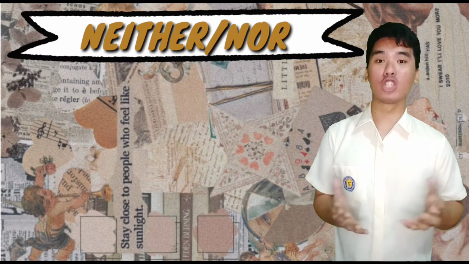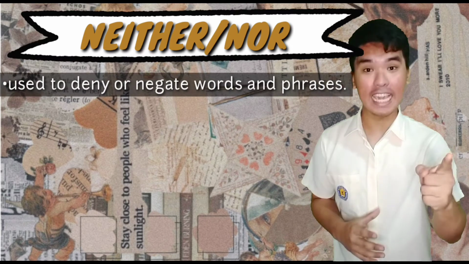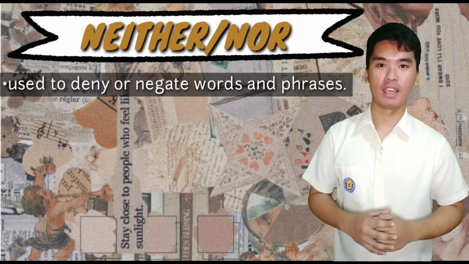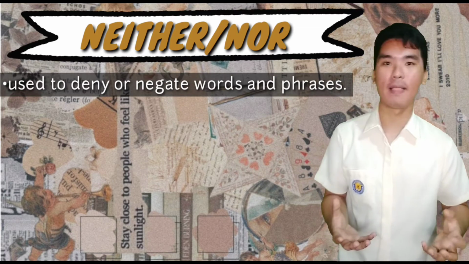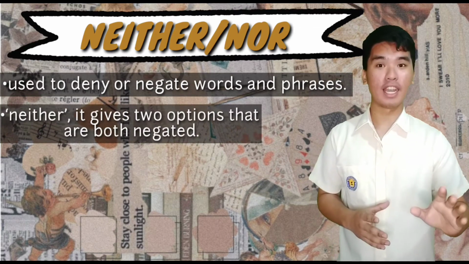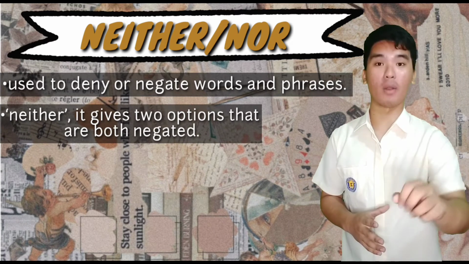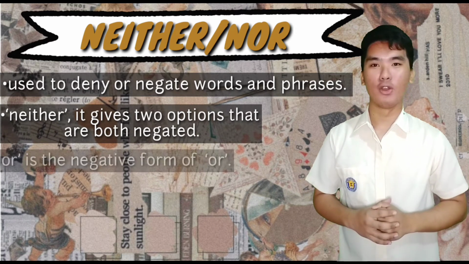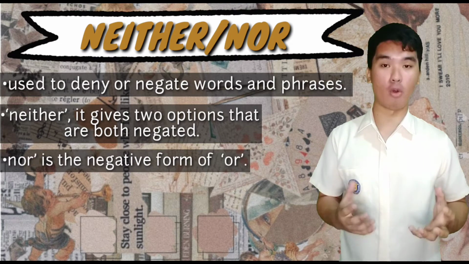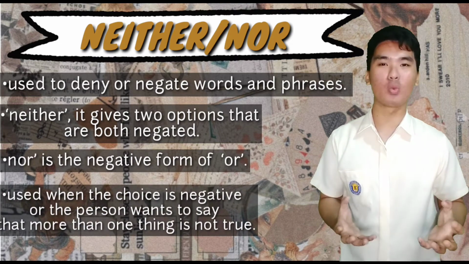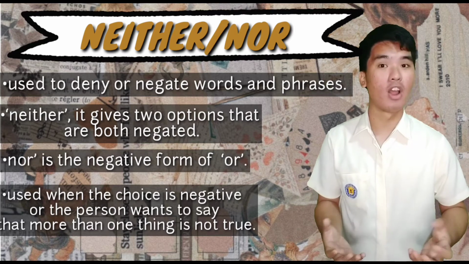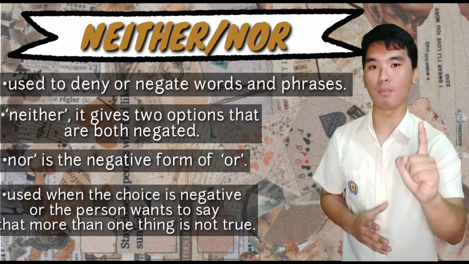Neither nor are conjunctions that are used to deny or negate words and phrases, to be exact. In the case of neither, it gives two options that are both negated. Nor is the negative form of or. We should all remember that. Neither nor is used when the choice is negative or the person wants to say that more than one thing